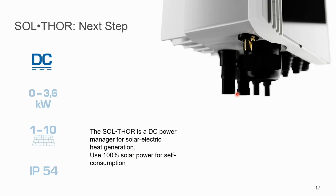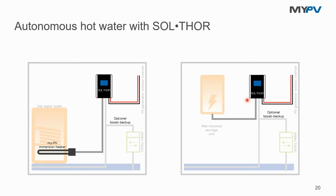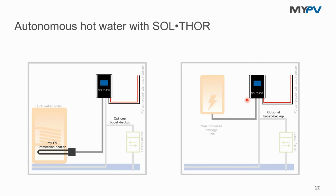Now, you mentioned that the Solthor can also take AC. What do you mean by that? Have you got a slide to show us how that works? That's right, of course. Let's have a look at the slide here. Here you can see the DC plugs, but there's also, as you said, an AC connection. Maybe we use this slide right here. As you can see, you can just plug in